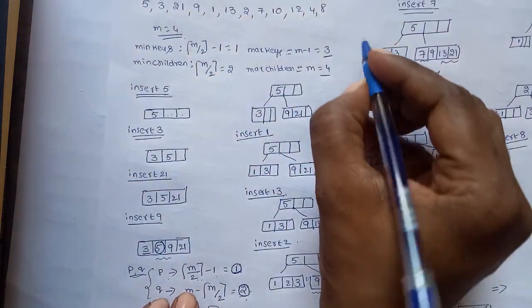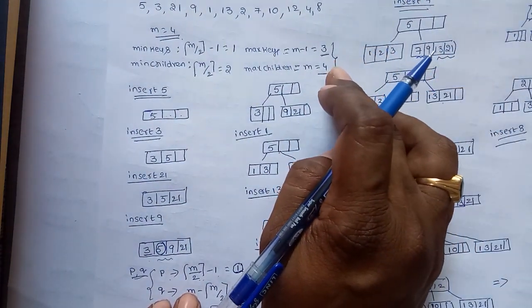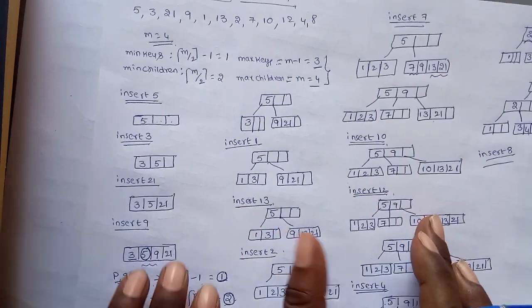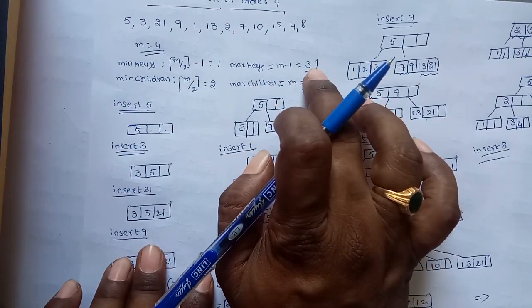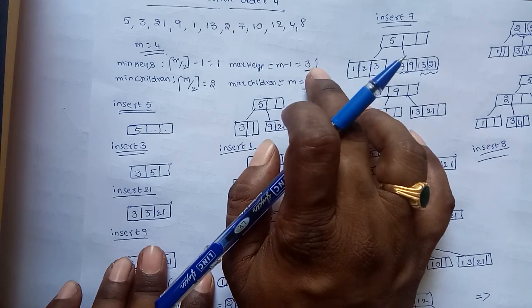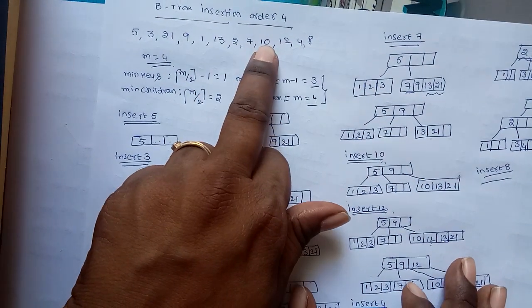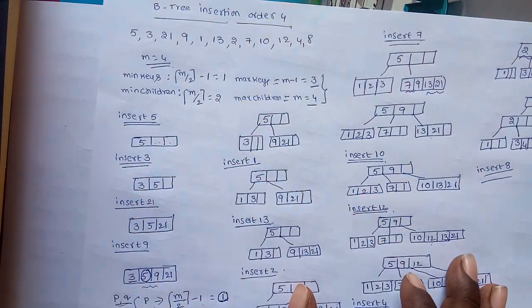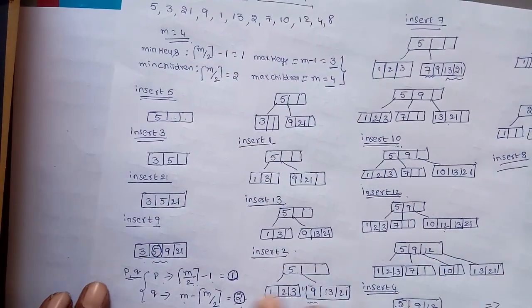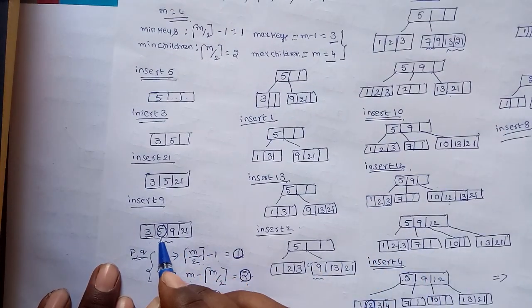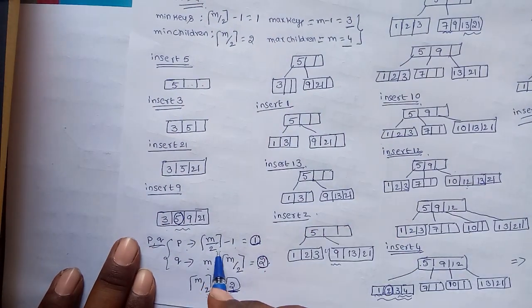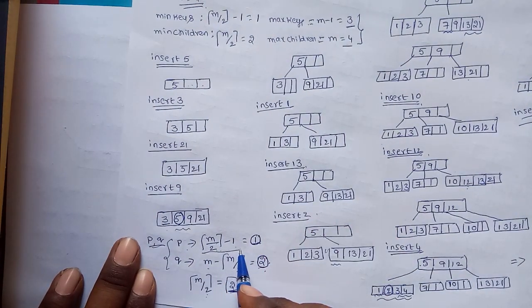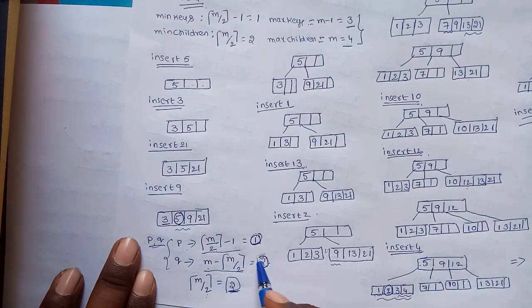See this one. First write this case. If you are writing this case, it is very easy. Whenever a split occurs, that is, if it overcomes the number of keys, perform the split operation. After splitting, if the order is odd, simply the middle element moves to the root. For easy purposes, without any formula, if the order is even, place the median, or remember the formula. The left subtree contains m by 2 minus 1 elements and the right subtree contains m minus m by 2 elements. This is from the starting, this is from the last.